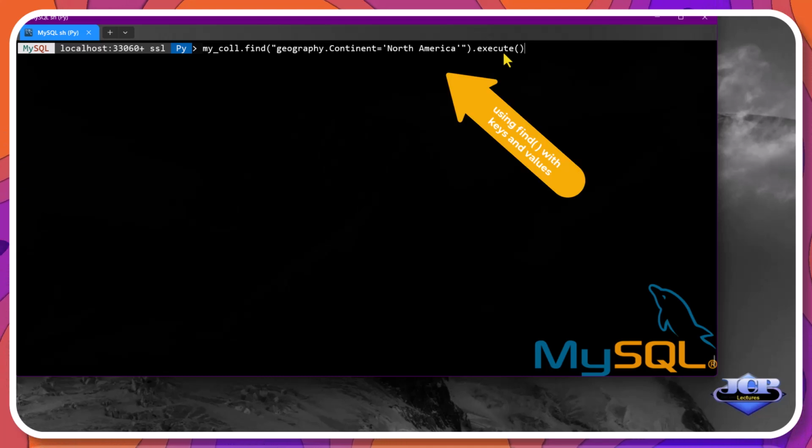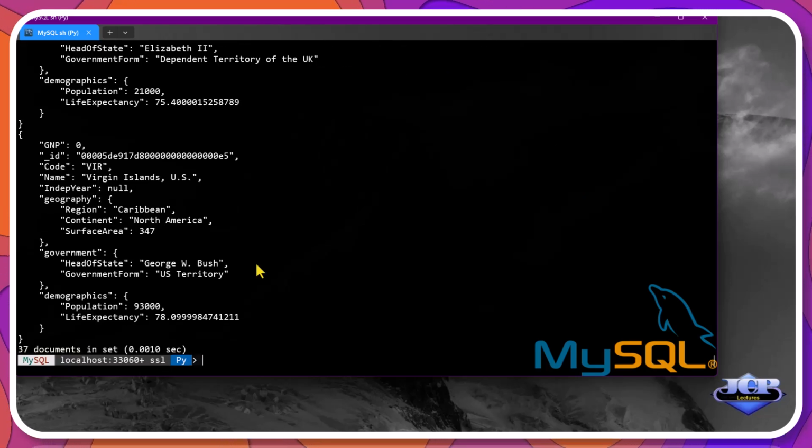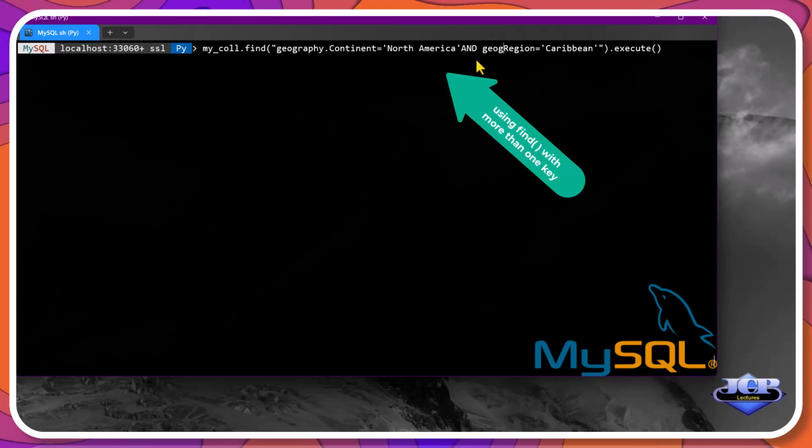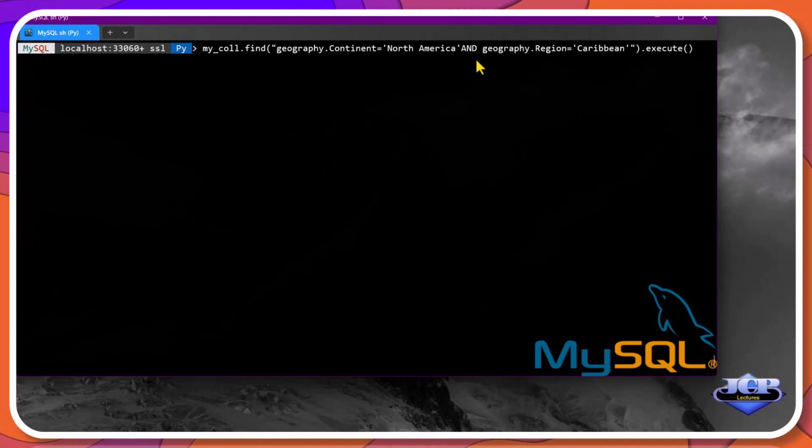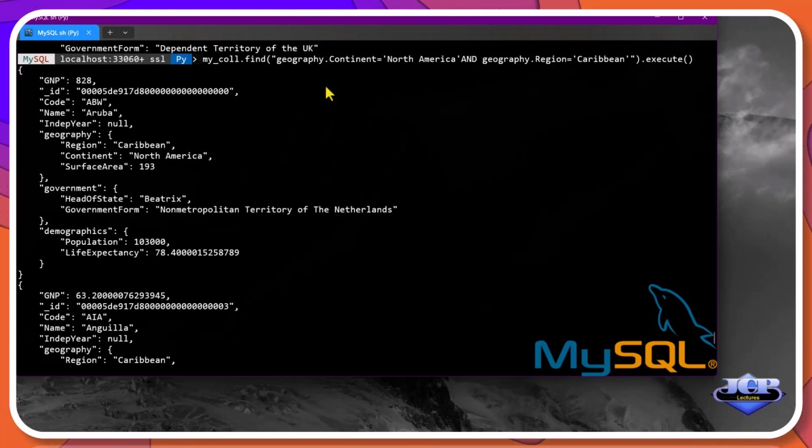We are using a search string, geography.continent equal to North America, to search all documents that satisfy the condition. Now let's execute. The script displays 37 documents or records. Now let's extend the search string with geography.region equal to Caribbean and execute. Here's the display.